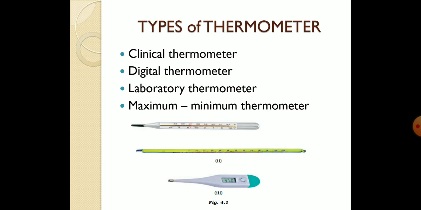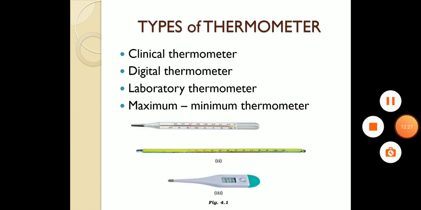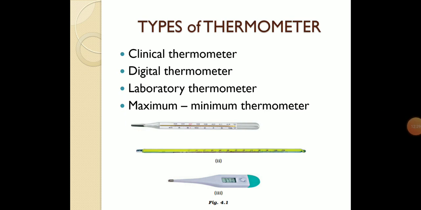Now we'll see what are the types of thermometer. One is our clinical thermometer, second one is our digital thermometer, third one is our laboratory thermometer, and the fourth one is the maximum minimum thermometer. We have seen all these types of thermometers. By now you will be mostly seeing the last one. The first one was earlier used as clinical thermometer. Then the second one is the laboratory thermometer, which will be very long in size. Then the digital one, and the maximum minimum thermometer is used to measure